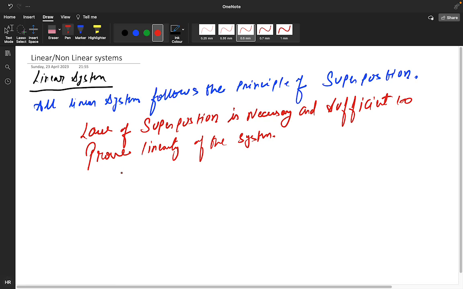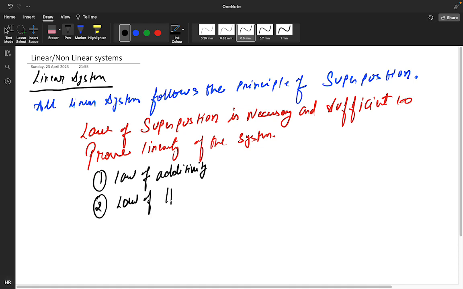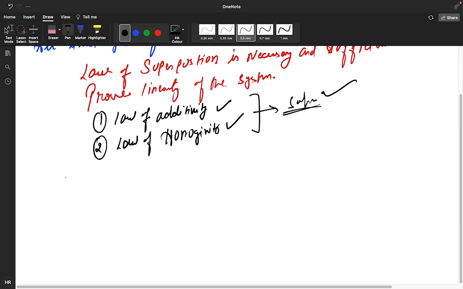So in network, what we had seen, superposition should follow two rules. One was the law of additivity and the second was the law of homogeneity. If these two rules are followed, then only the system will be following the superposition. If it is following the superposition, then the system is linear. Now what will you do to check the law of additivity? So for checking the law of additivity,